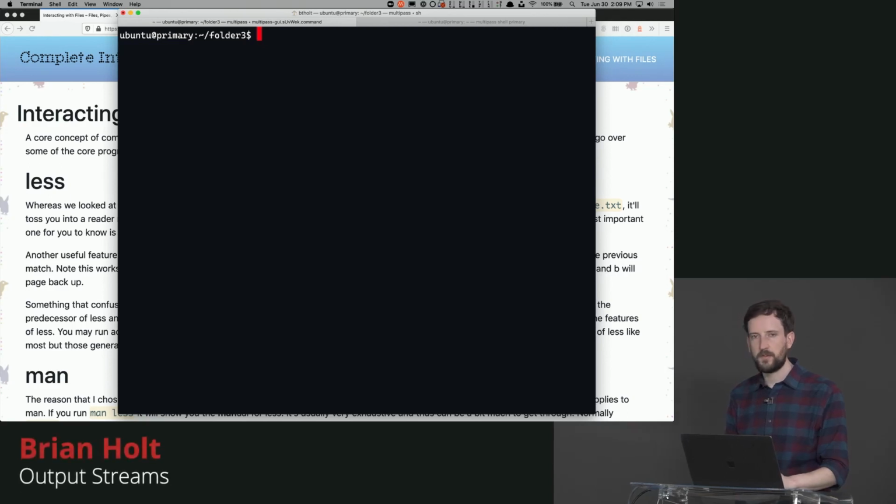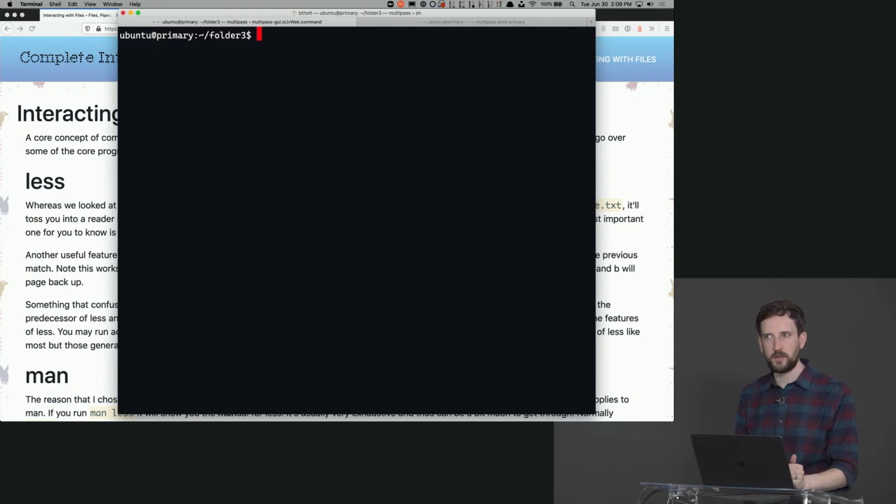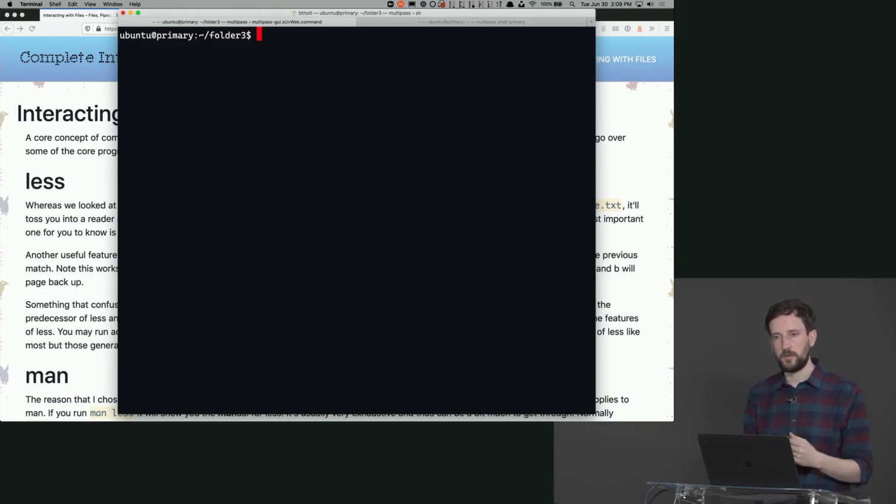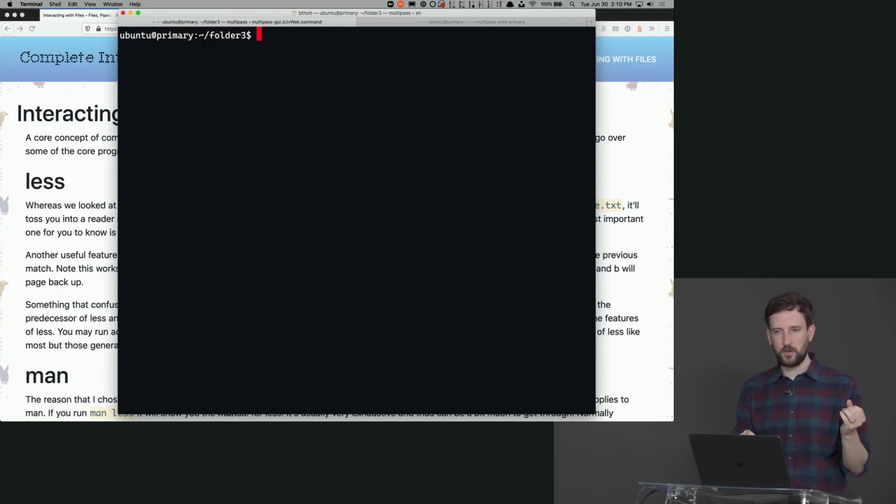This is a fundamental concept, and we've been using them without you necessarily understanding that they're being used. I alluded to this in the very beginning when I was talking about the Unix philosophy, that you have to assume that the output of any program could be the input to another program. The way those two things are connected together is through something called streams and pipes. So you'll have one stream of characters, and you'll pipe that into another stream of characters.